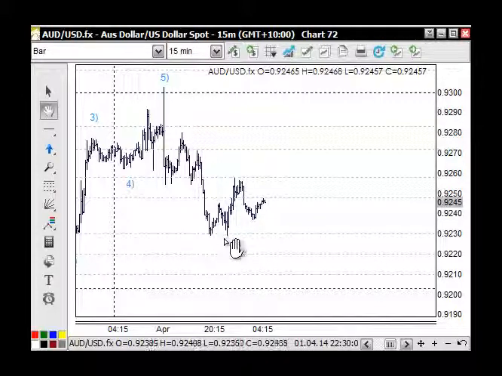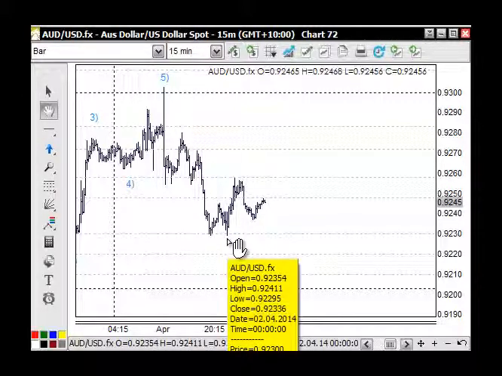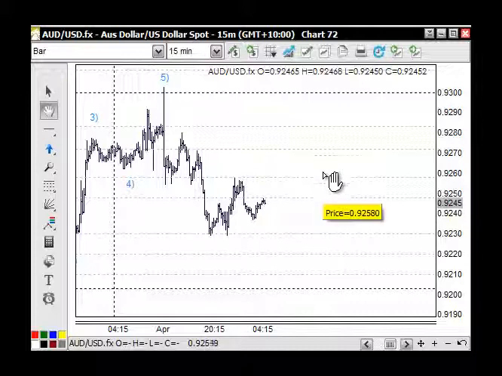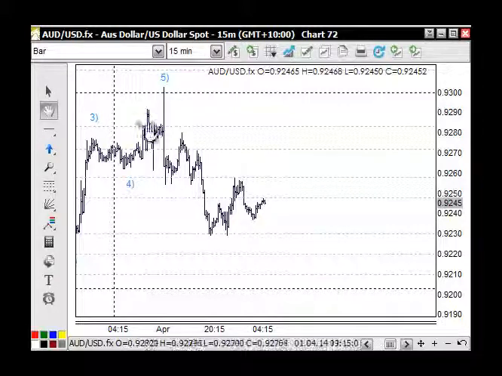But basically we've only got 3 waves down so far. So look, it's corrective at this stage. We just really need to allow it to complete. Let's see what we've got. If we get 5 waves down here, then we know we'll get 3 waves back up, and then another 5 down. If we're only going to get 3 down through here, then we're going to be moving up above the